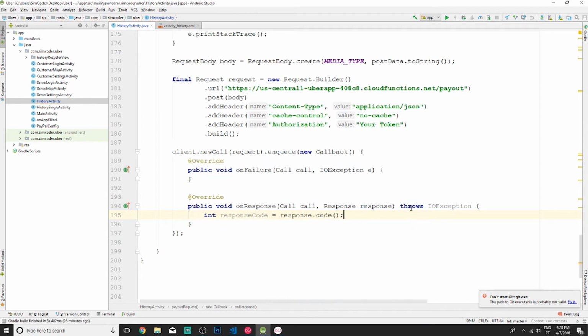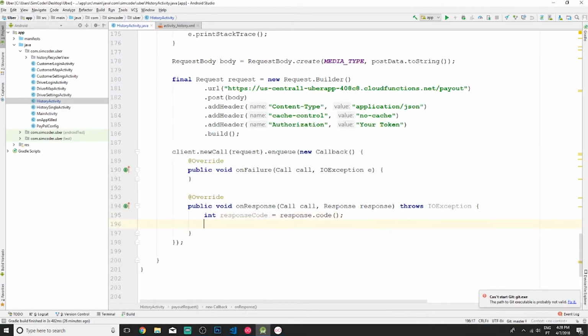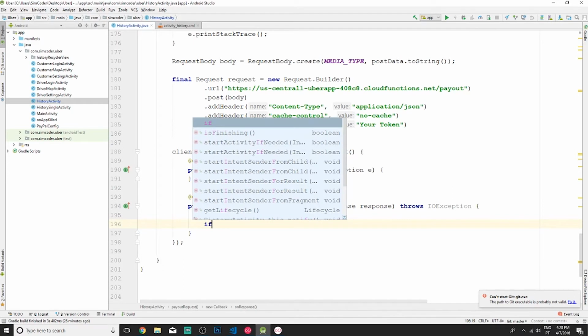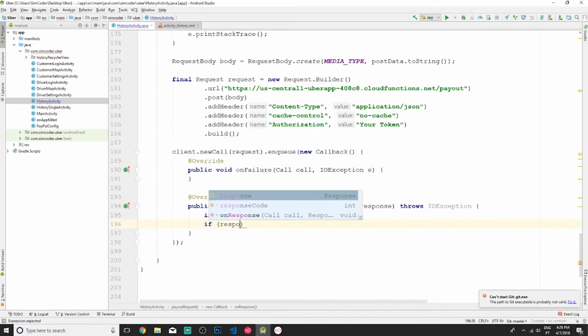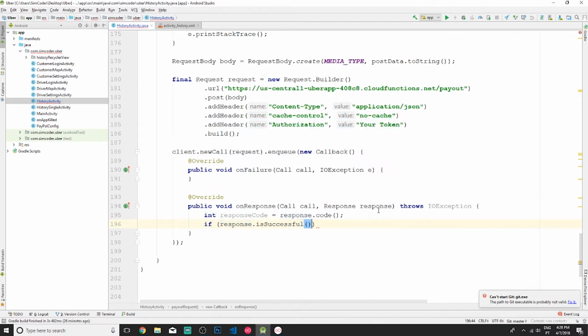And this response.code is, as I've said, the 200 or 500. So depending on that, we can say if response.isSuccessful, so if you are able to receive a response, then we say switch